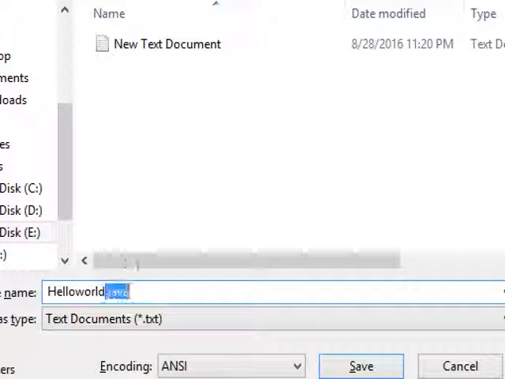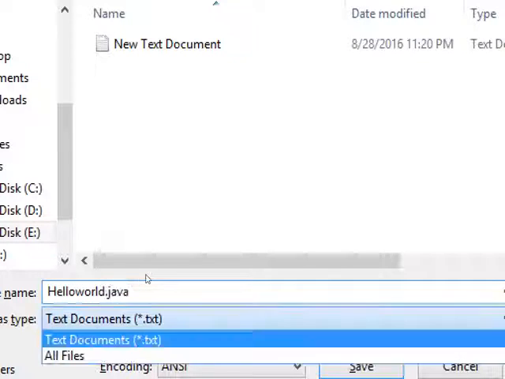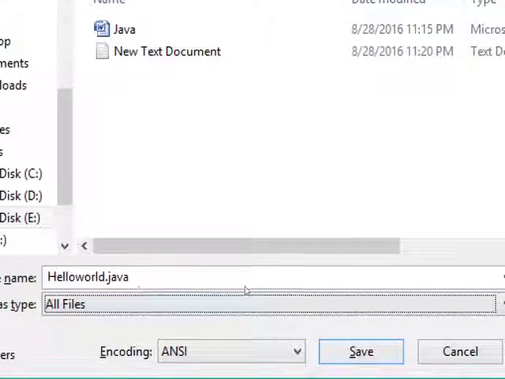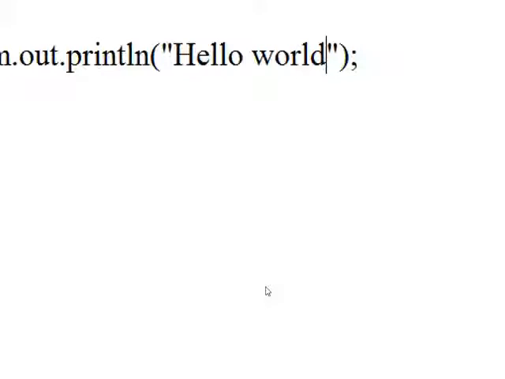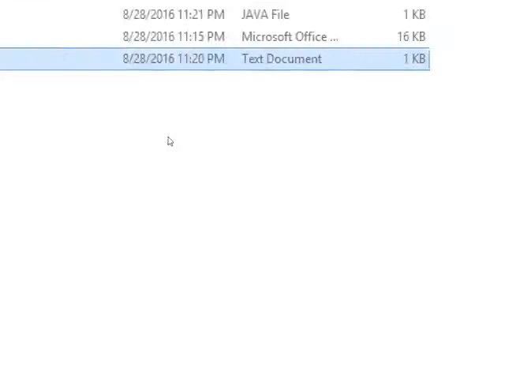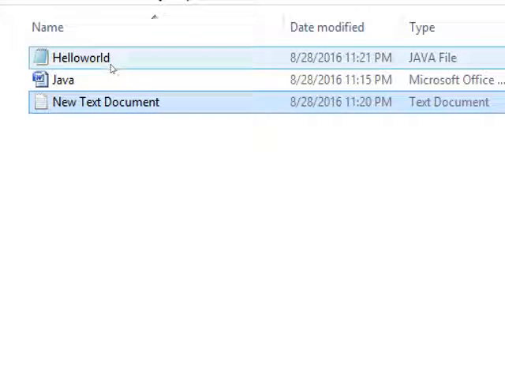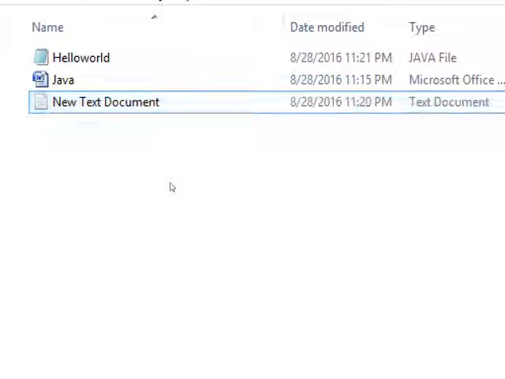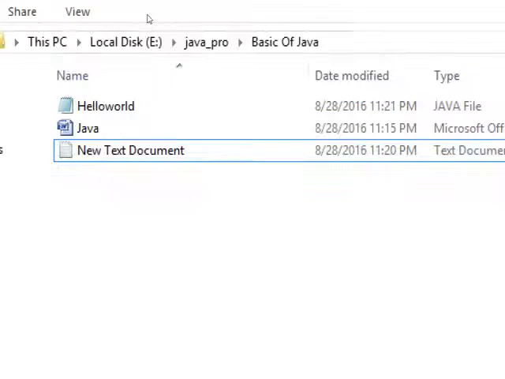You can see that I have given the extension .java, and make it all files and save it. Now you can see in our directory, one file got created with the name HelloWorld.java. This is a Java file, and now we have to compile our program.